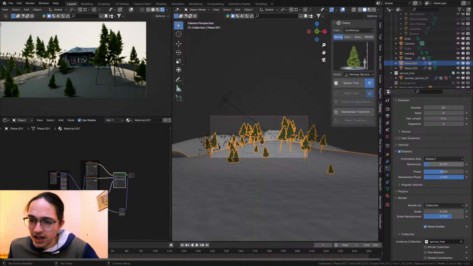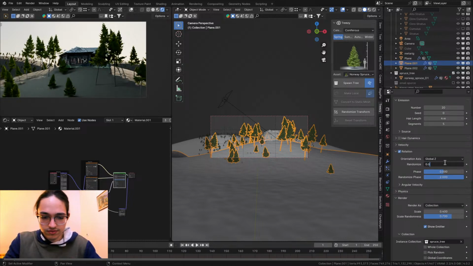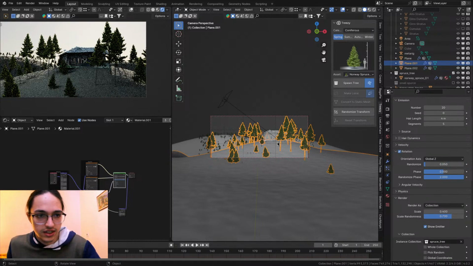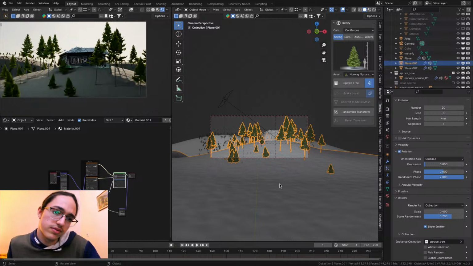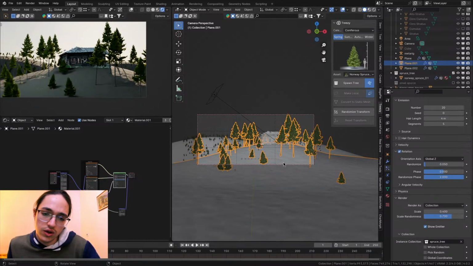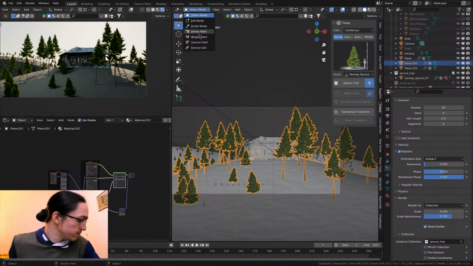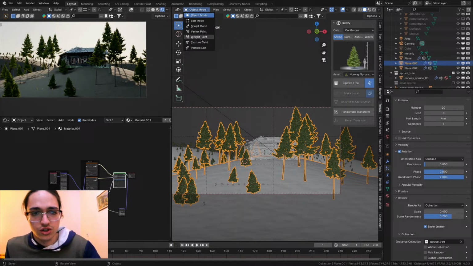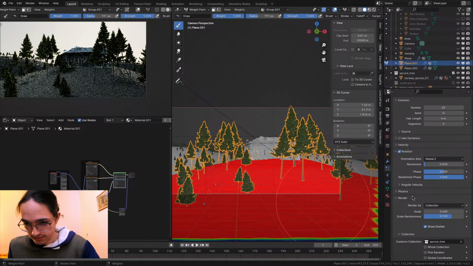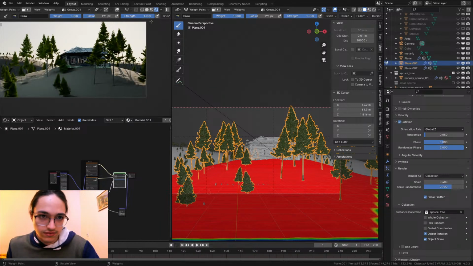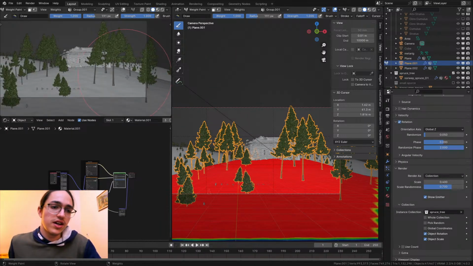For now, I want to tweak the scene. I guess I don't want to tweak the scene because this seems like a lot of work that I don't want to do. So let's turn off the